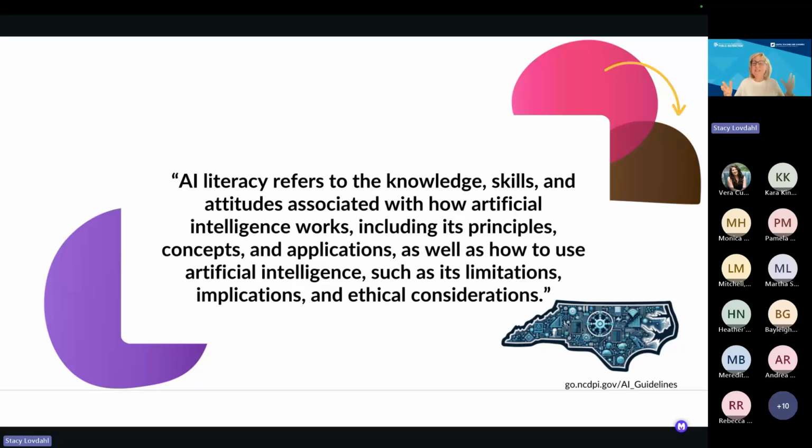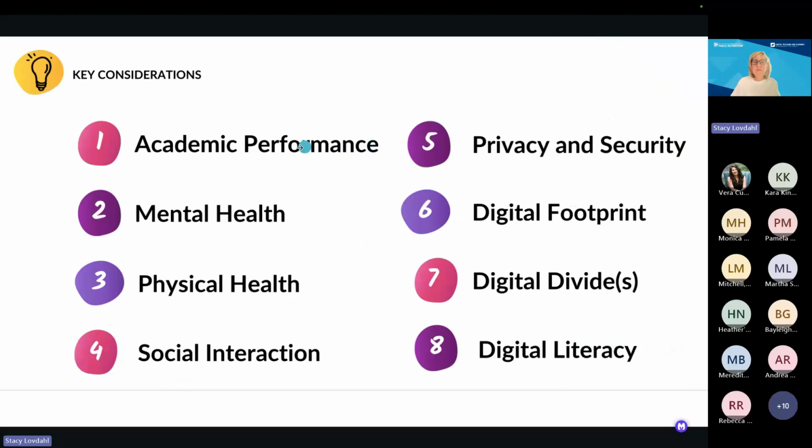And when you take that definition, if you were to just give that to students, they'll be like, well, I see your words. But what am I going to do with that? How do I unpack what that actually means in my life? So, if you look at some key considerations, it's going to be academic performance, and that would include everything from how does technology distract you? We have a lot of research about how phones are sitting on our desks, and even if you turn your phone upside down, there's a lot of research that shows that that little nagging situation sitting right there on your desk is a constant bother.